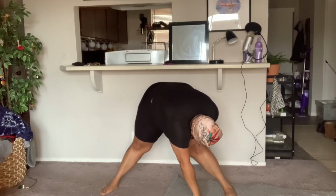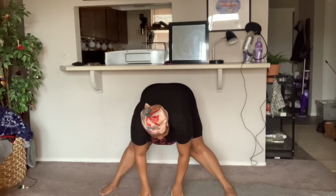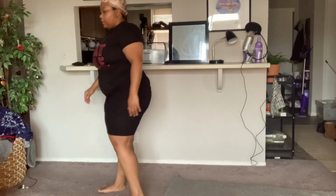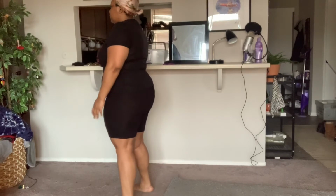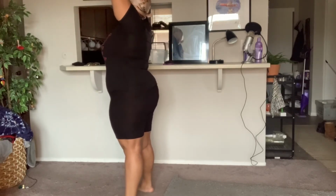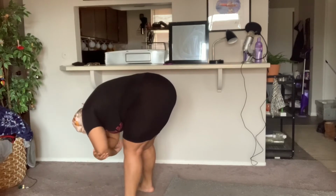Have you noticed one side is a little more tense than the other? Check in with yourself. And then we're going to meet ourselves back in the middle. Halfway fold, making sure we're hinging at the hips and then rising completely up. Now we're going to step to the top of our mat and do a quarter sun salutation, arms all the way up, forward fold,